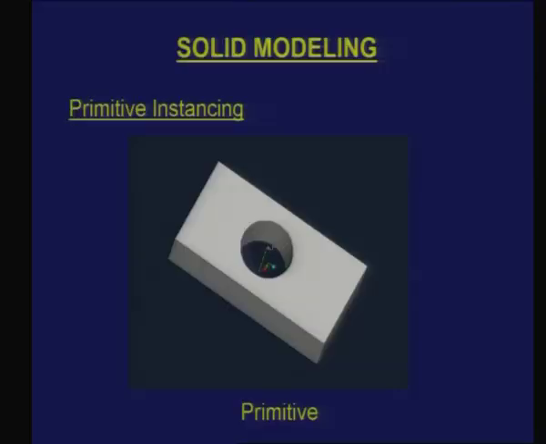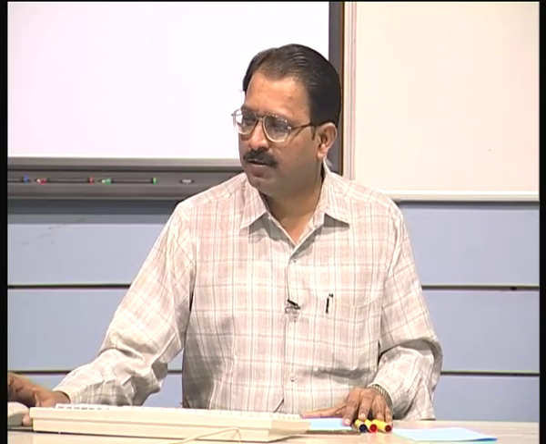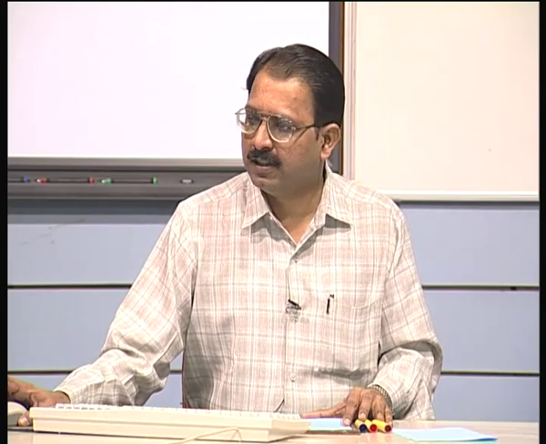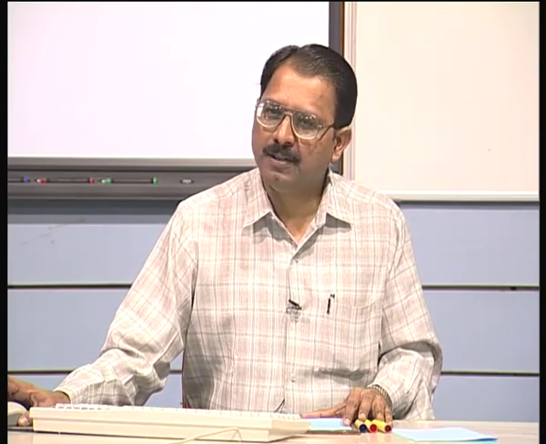Here is just an example. I may also have a primitive like this. This is again a rectangular parallelepiped, but you have a cylindrical through hole in it, which is one type of primitive. Now in order to define an object like this, I choose a certain minimum number of parameters, so that I should be able to get the instances of this primitive. So how many values are needed in order to store this kind of primitive uniquely?